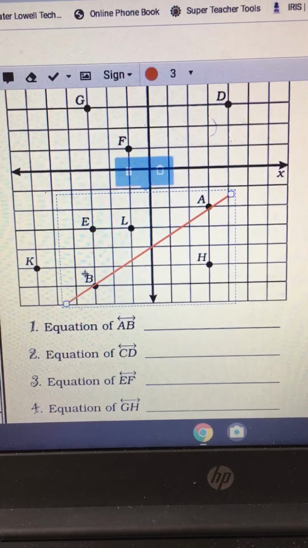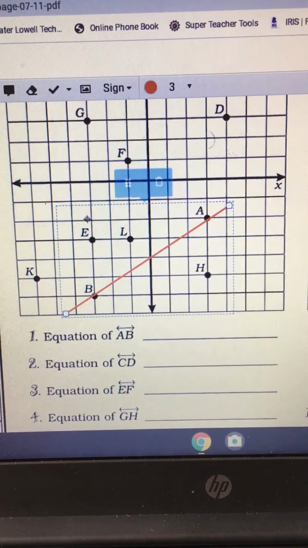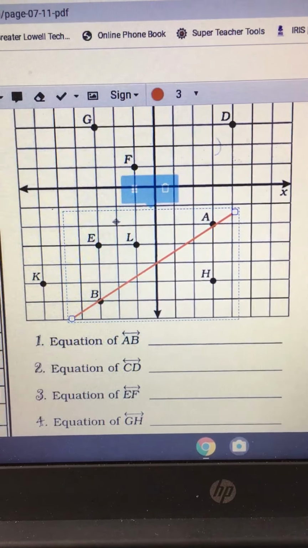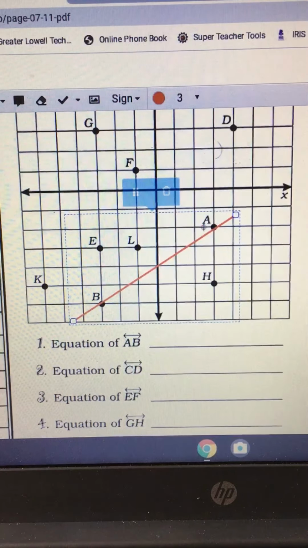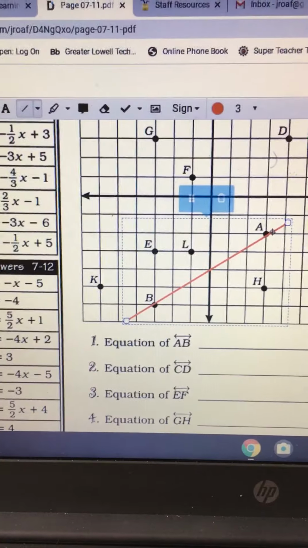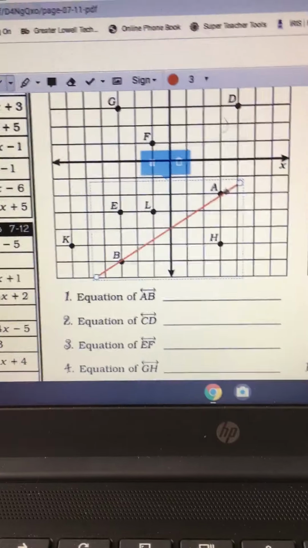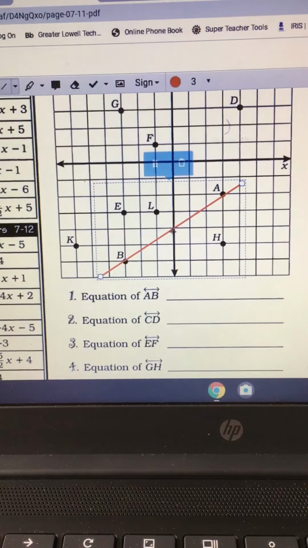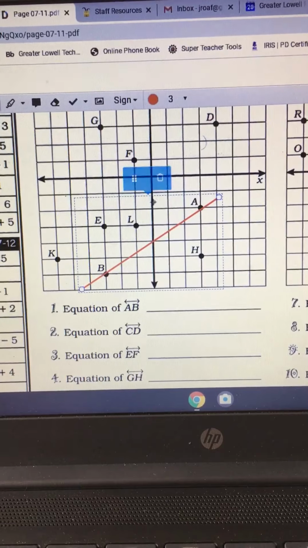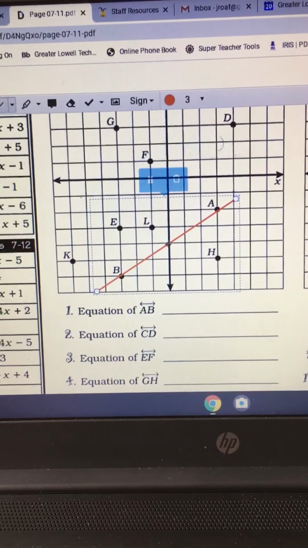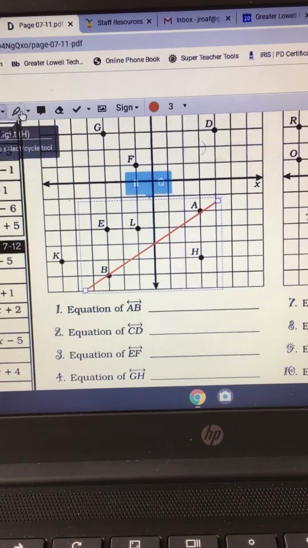So I'm going up 1, 2, 3, 4, and over 1, 2, 3, 4, 5, 6. So that's a slope of 4 over 6, which can be simplified, of course, to 2 over 3. And here is the y-intercept at -1, -2, -3, -4. So that means the equation, I can try and write it here,